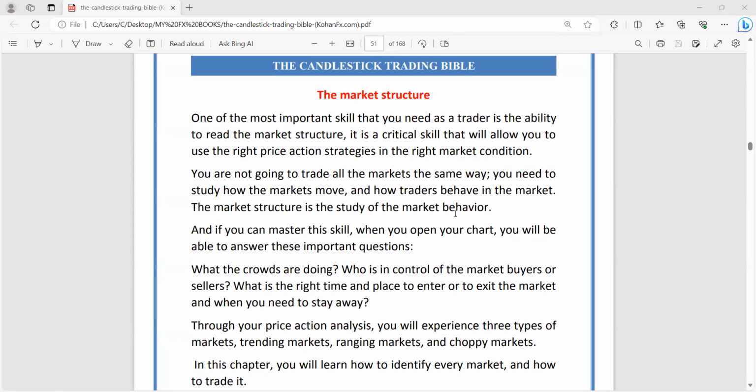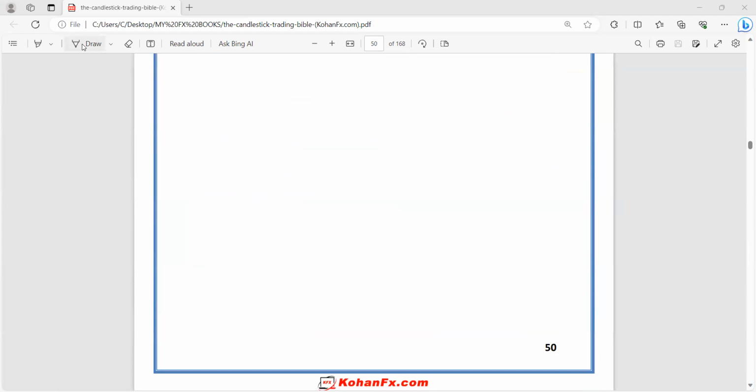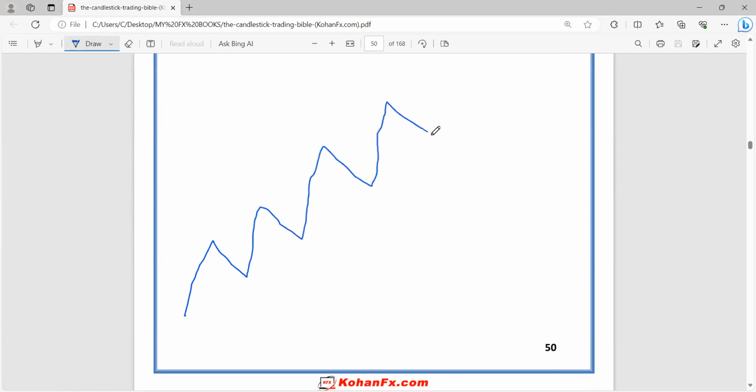So when you're talking about markets, we have three types of markets. The first market is a market which looks like this. Now, this is known as an uptrend because the market is moving upwards. So this is called an uptrend. Then